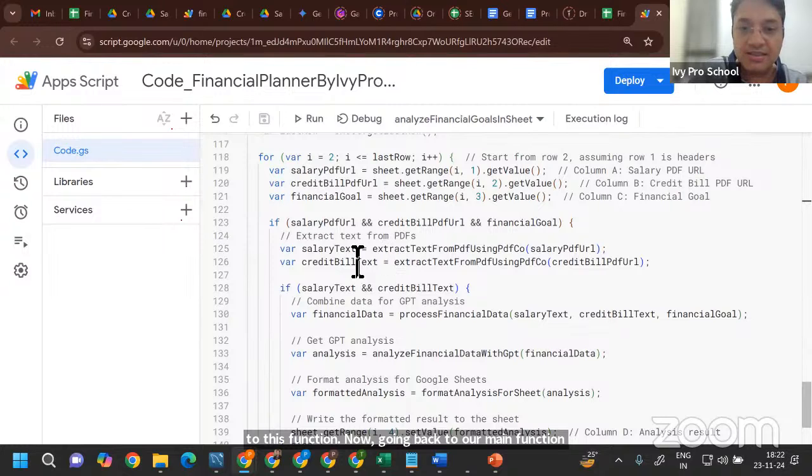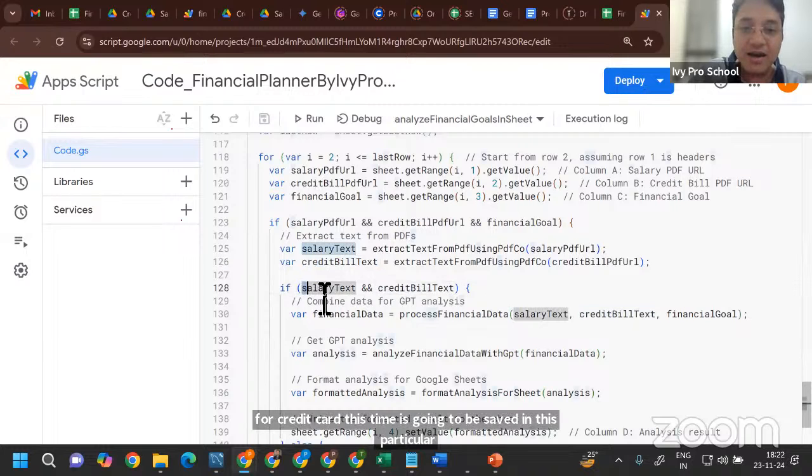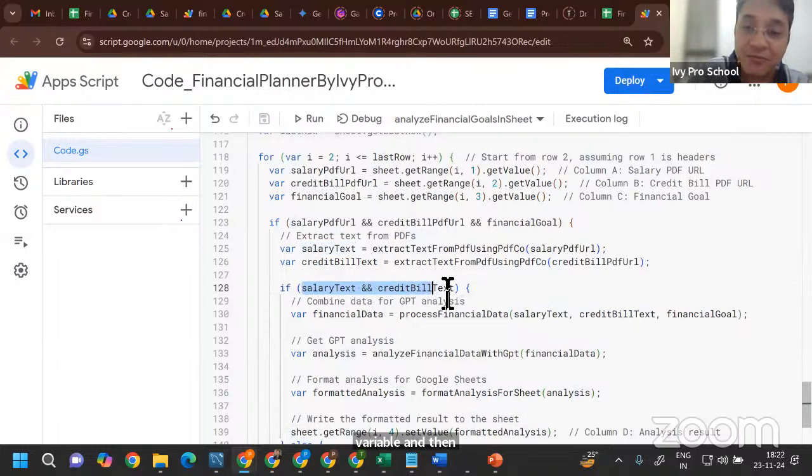So here, the salary text extracted by that extract text from PDF using URL, using the PDF.co API, will be stored in this salary text variable. The credit card bill text variable data, the string data extracted by the same function with a different URL for the credit card this time, is going to be saved in this particular variable. And then we are saying that if these 2 variables have some value, after concatenating,